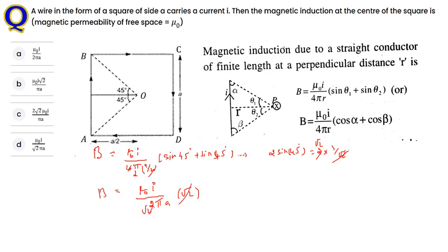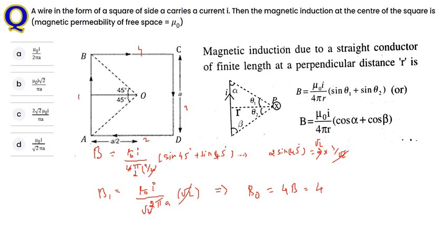This is for only one direction, I just mentioned as one. Say for example this is 1, 2, 3 and 4, all are same in this case. So this one here is the total magnetic induction at the center, which I just mentioned as O here, that is 4 into B. So what you are going to have here is